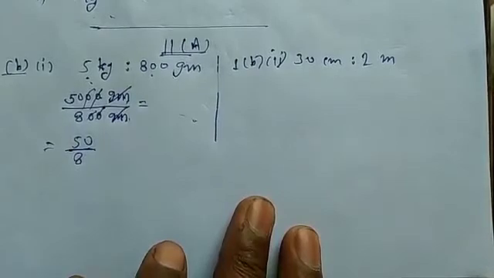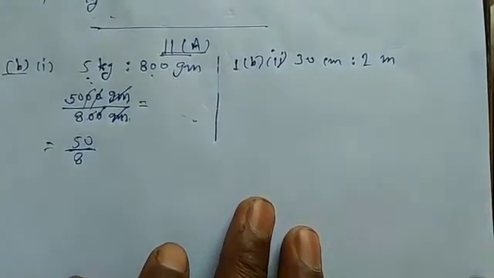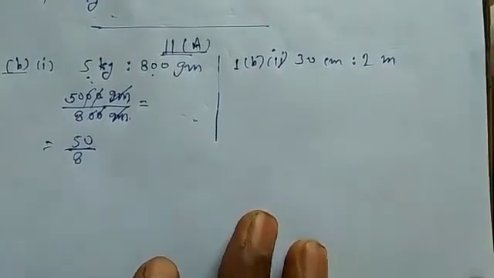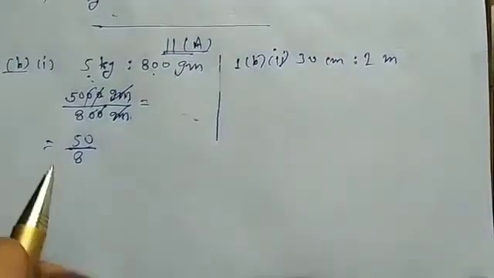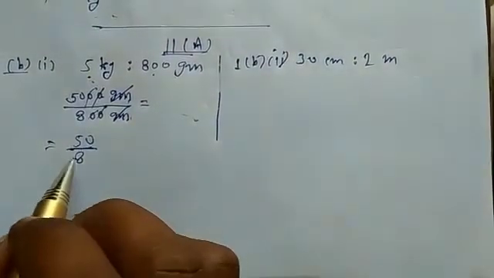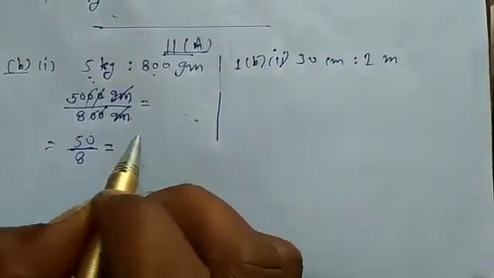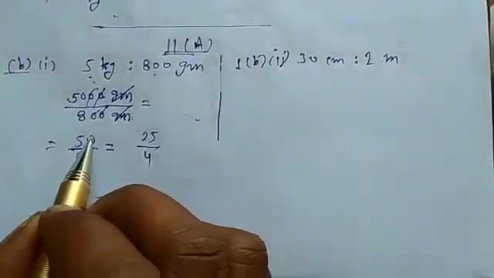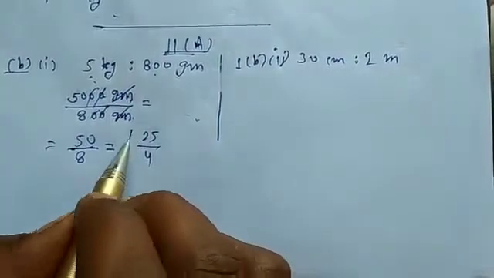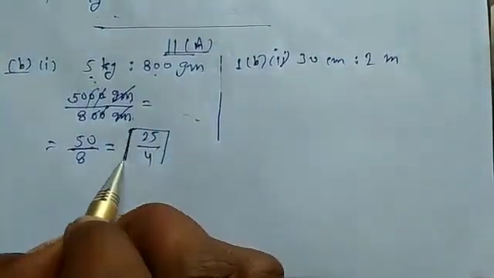So first of all, find their HCF. Both the quantities will be cancelled by their HCF. Their HCF will be 2. Cancel these values by 2. 25 upon 4. 25 to the 50 and 4 to the 8. This is its lowest term,